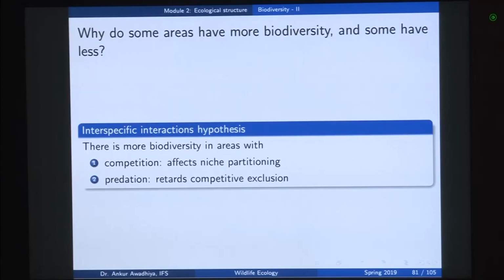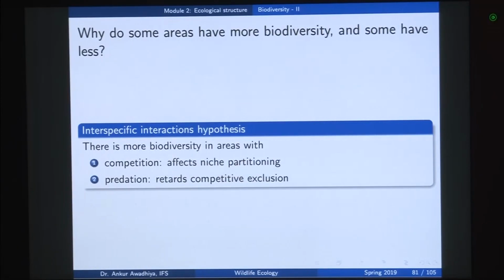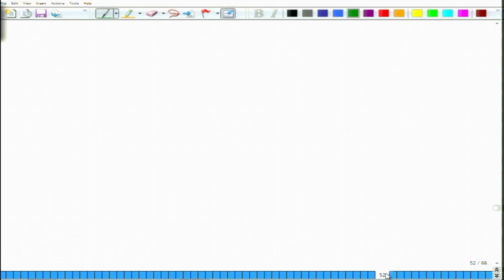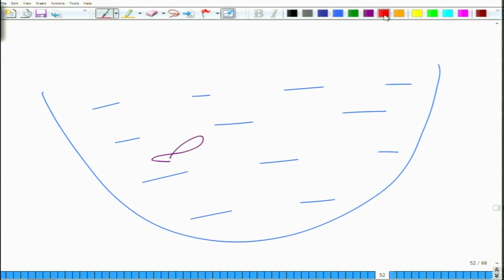Now, similarly, biodiversity also increases because of predation, because predation retards the competitive exclusion. Now, what do we mean by that? Now, suppose you have a pond, and in this pond you have, say, 3 species of fishes. So, you have this purple fish, you have red fishes, and you have green fishes. So, we have these 3 species